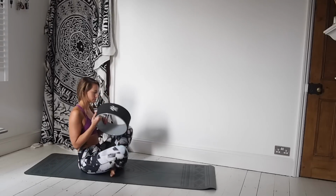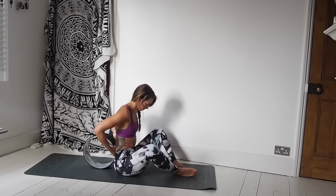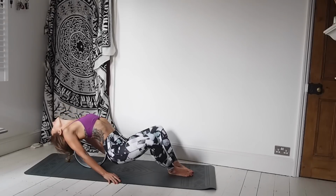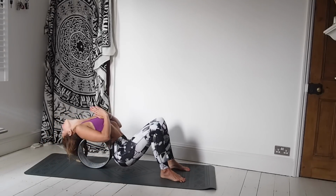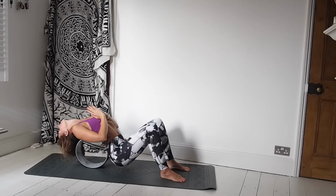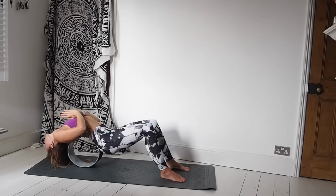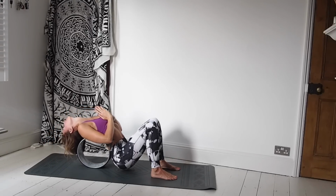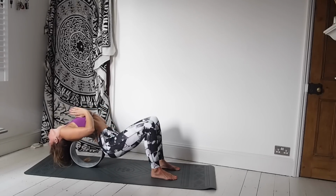And then let's just move that yoga wheel over and we're going to do some spine work on the yoga wheel. So really carefully place it behind you. So sitting in front of it, and then take the body back over and push the bottom up. So we've got lots of options here. You can keep the bottom down, and this will stretch out through the upper spine, so through the cervical and thoracic spine, or you can go much further back and get a little bit deeper into the thoracic and the lumbar spine. So whichever feels good for you, just find that sweet spot, maybe moving through like I am here,